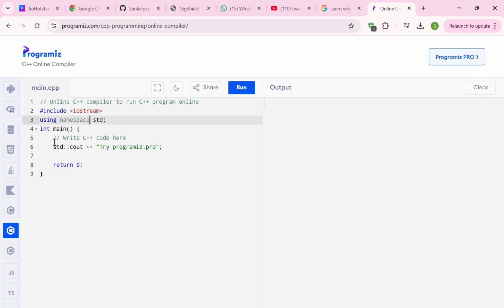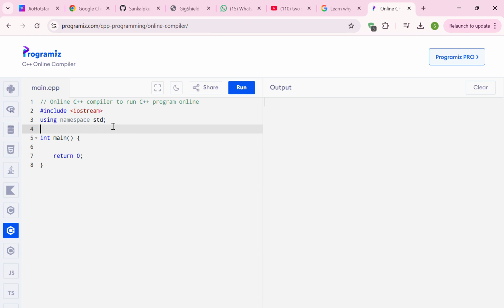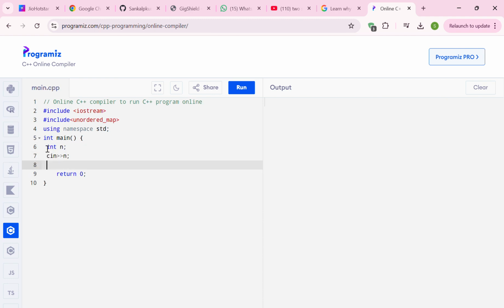So first we will use the unordered map for the brute force. It's very easy code. We will include the unordered map header file for including the unordered map in this online C++ compiler. Else you can use the bits slash stdc++.h as well. It's your choice. Int array of n,